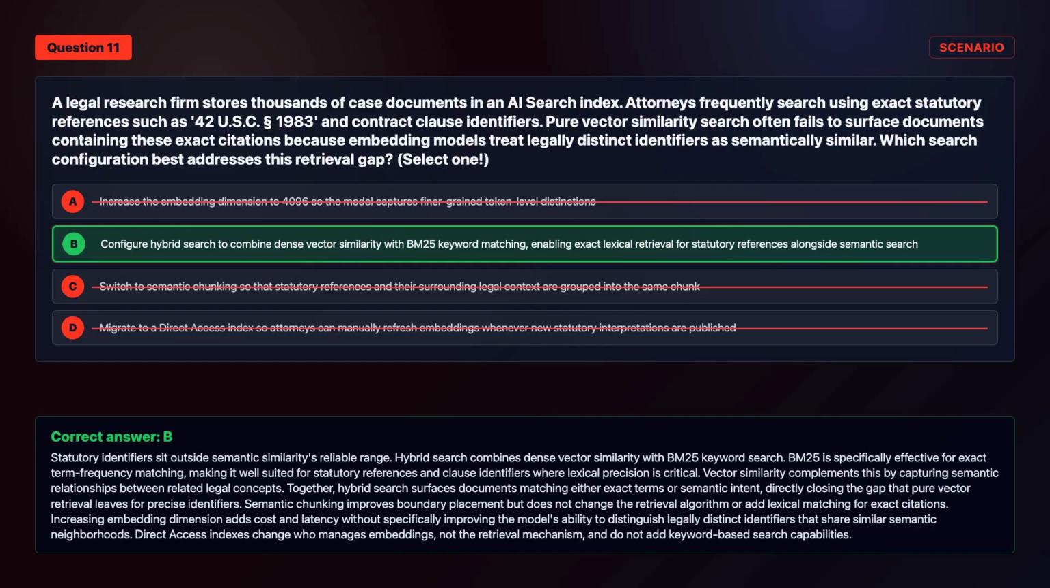BM25 is specifically effective for exact term frequency matching, making it well suited for statutory references and clause identifiers where lexical precision is critical. Vector similarity complements this by capturing semantic relationships between related legal concepts. Together, hybrid search surfaces documents matching either exact terms or semantic intent, directly closing the gap that pure vector retrieval